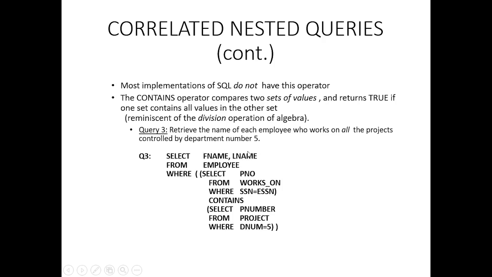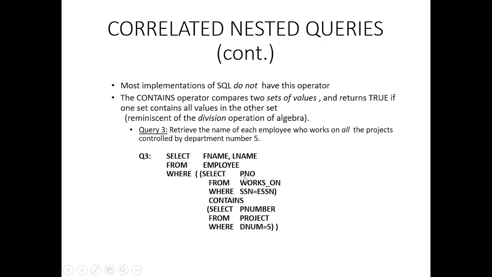So select F name, L name from employee, where select PNO from works on, where ESSN equal to SSN contains select P number from project, where D number equal to 5. So this is the query that will return the name of each employee who works on all the projects controlled by department 5. So this will take all the projects under this department 5, and that is combined with this